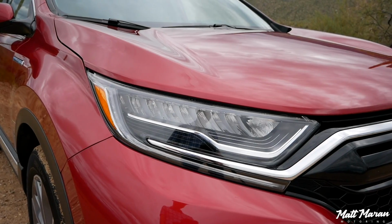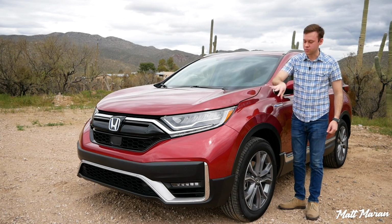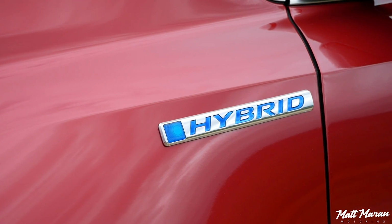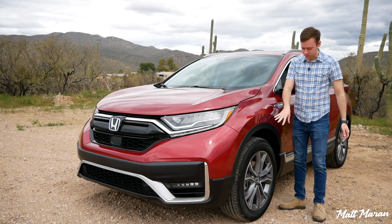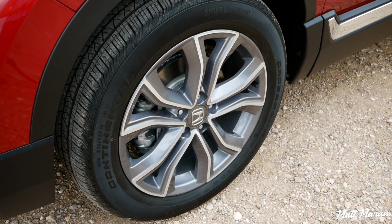But you also have a slightly refreshed look here for 2020 for all CR-V hybrids, with a slightly more aggressive front bumper there, but the hybrid badges and those LEDs are the way you can tell the hybrid version apart from the others from the front end here. It's also looking really nice here in this red color. You also have these 19-inch wheels that look good, and going out towards the back there you can see more